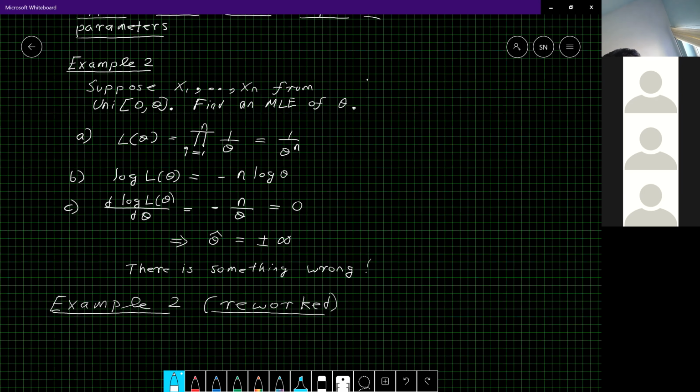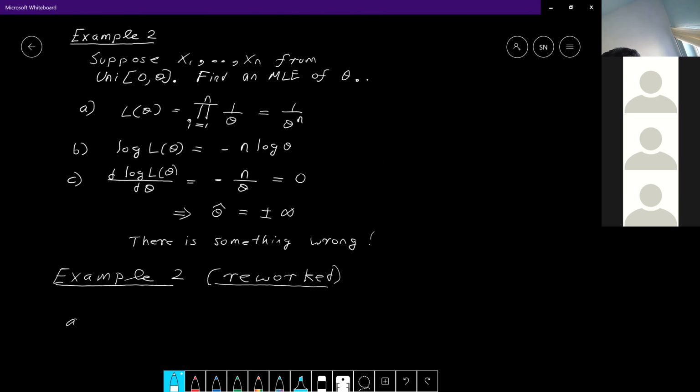So the first step, A, is to write down the likelihood, which is the product of the density function. But when you write down the likelihood function, you must say that, I don't know whether you know this or not, but